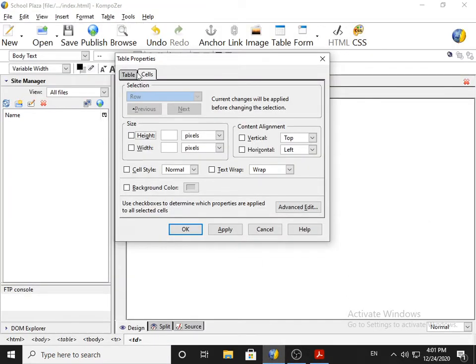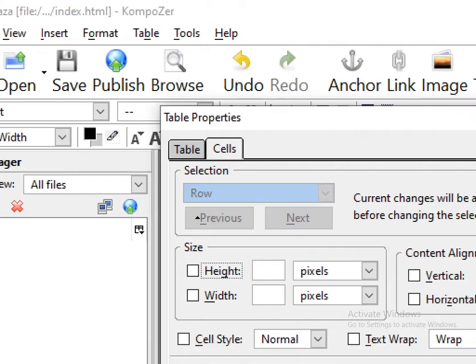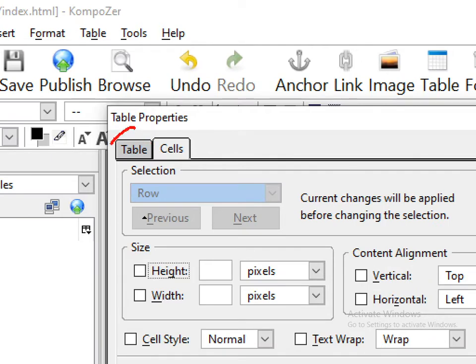I'll zoom in so you understand what I am talking about. So here we need to observe that these are two tabs, table and cell. How many tabs can be asked in the exam? Okay, so you have to be focused: table and cell.